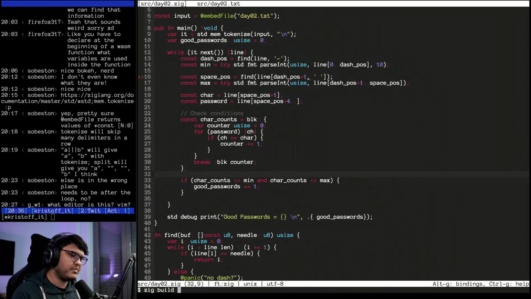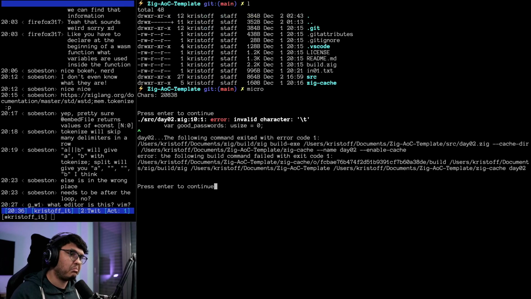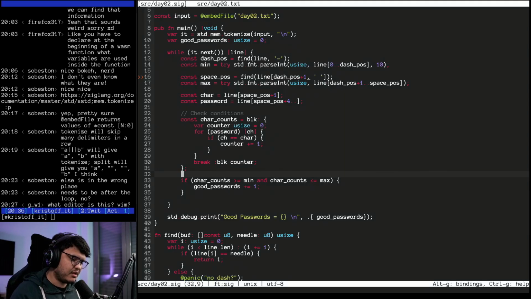Zig build, laser2. Okay. Invalid character tab. Oh no, wait. Am I not running this through zigfmt? I'm pretty sure I am. Oh no, there is an error. Here's why. Okay.